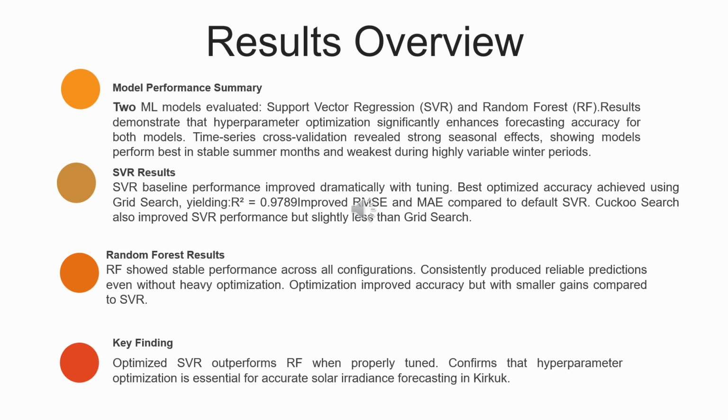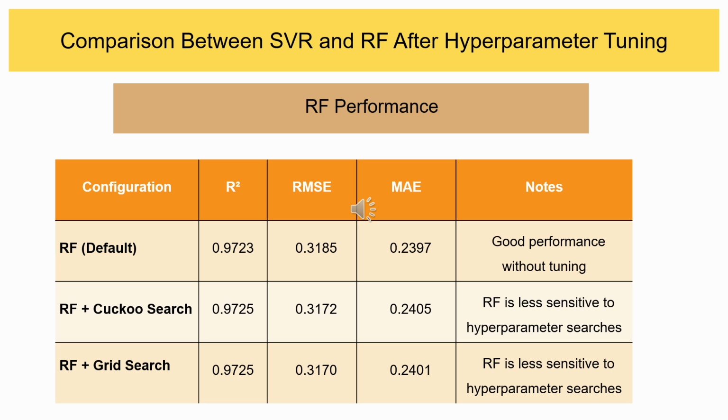Especially with the grid search. The comparison between SVR and RF after hyperparameter tuning. Firstly, we see RF performance, especially as we see in the table. For default RF, R square is